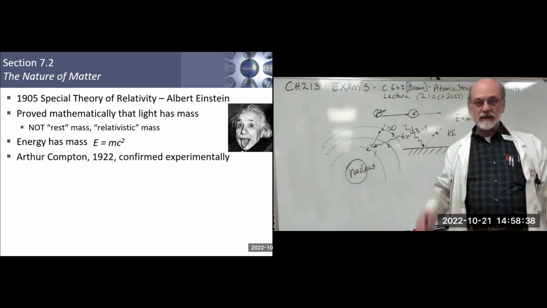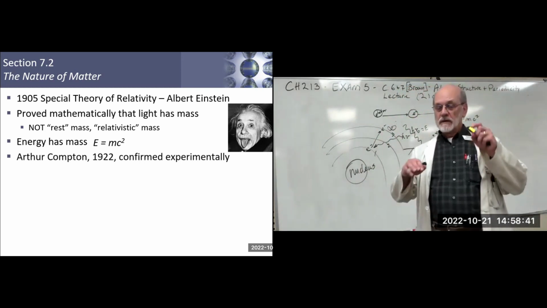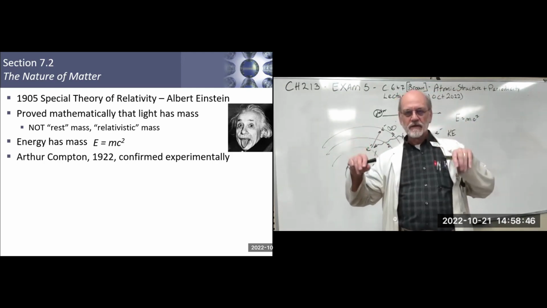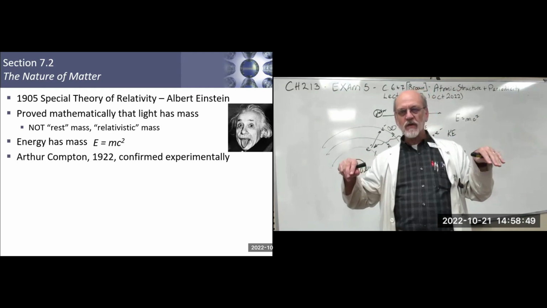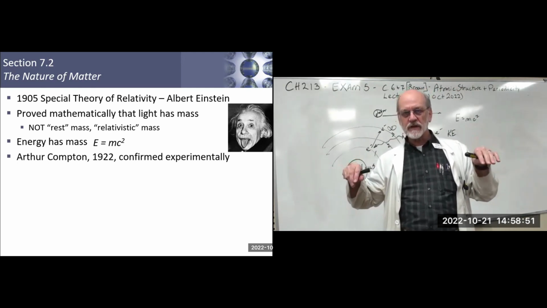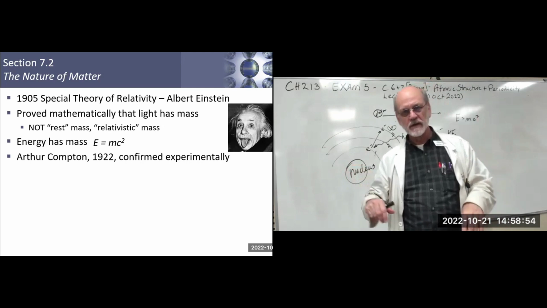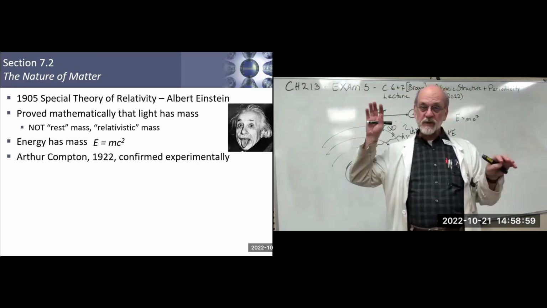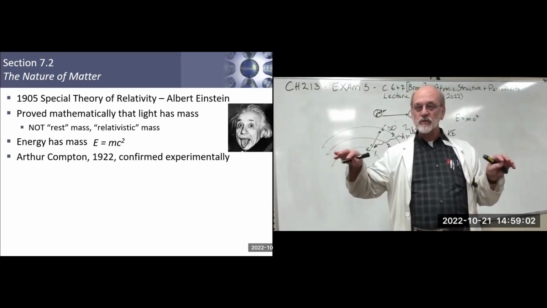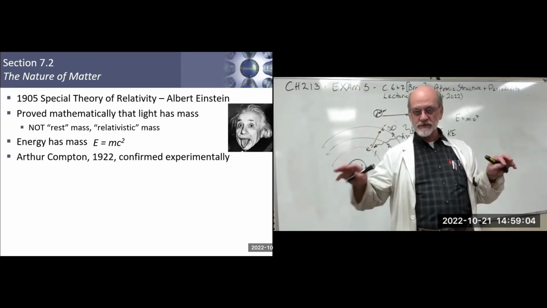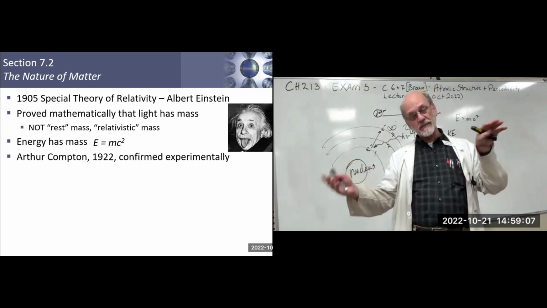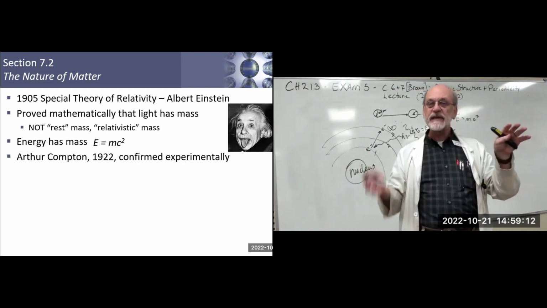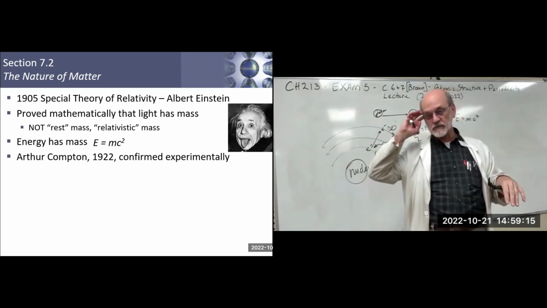Okay. Now, if you know anything about physics, you know that there are basically two camps. There are the theoretical physicists, and all they do is propose things and write equations and argue amongst themselves. Well, they do more than that. They publish papers. And then it's up to the experimental physicists to prove or disprove their results. And sometimes the